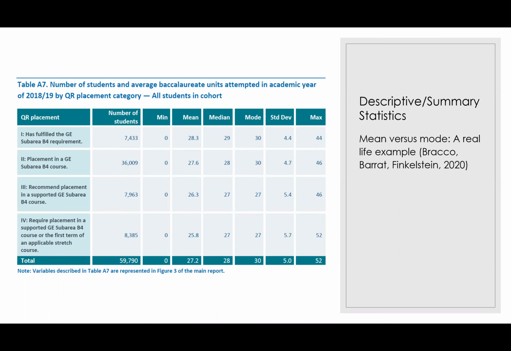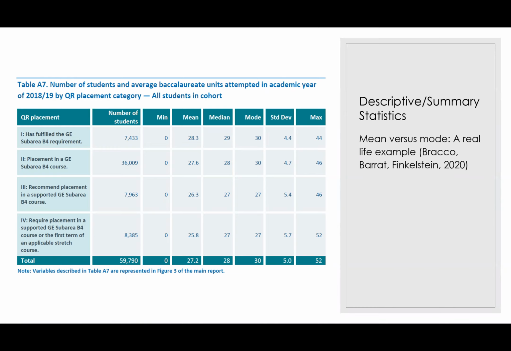Then I want you to look at the mode column, which is 2 columns to the right of the mean. And I want you to look at placements category 1 and 2. And what the mode is telling us is that actually that is the most frequent number of credits that students in these categories are attempting, 30, and that's exactly where we want them to be. You can see that students in categories 3 and 4 are attempting 27 units respectively. And even